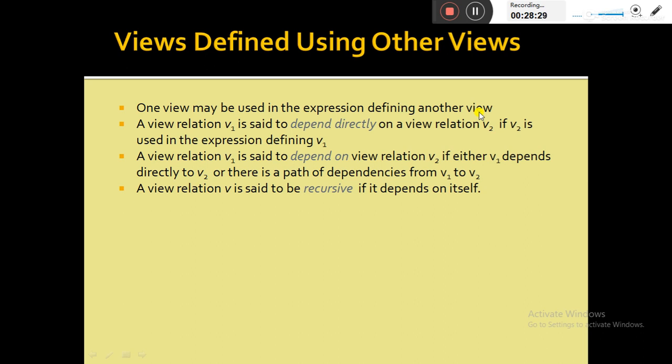A view relation v1 is said to be dependent directly on another view v2 if v2 is used to define the view v1. A view may be recursive if it is dependent on itself. That means a view is used to create another view, so this is called a recursive view.